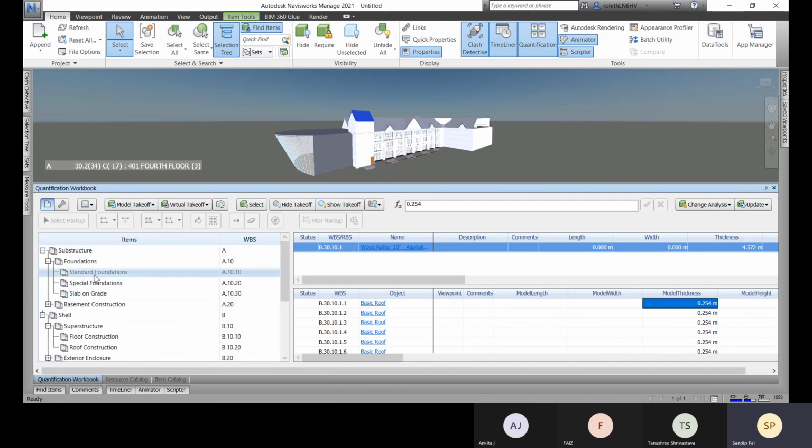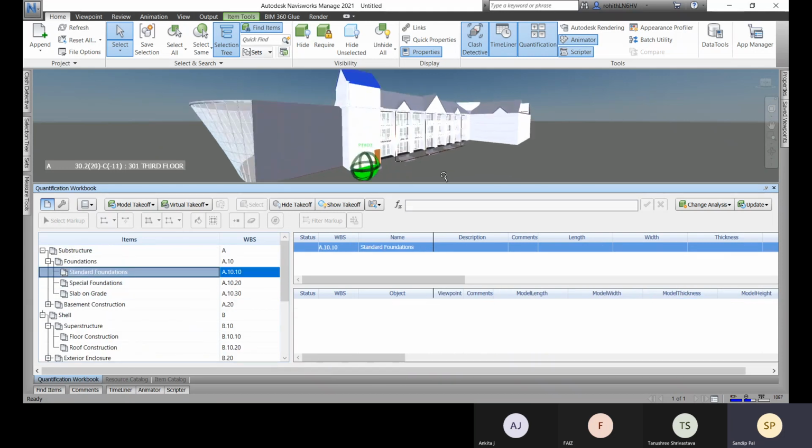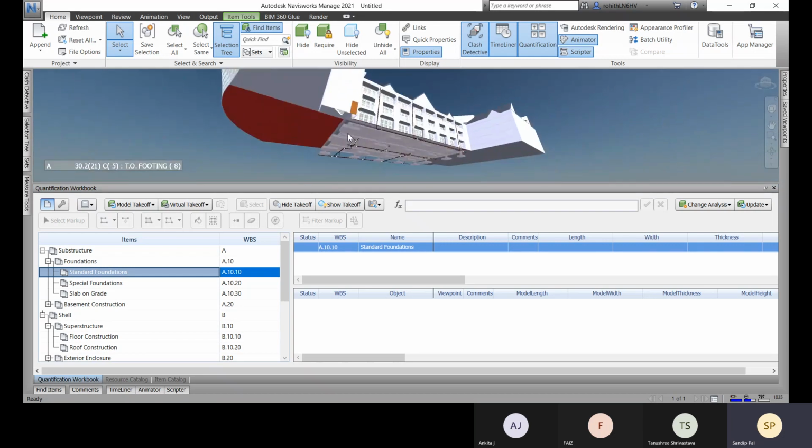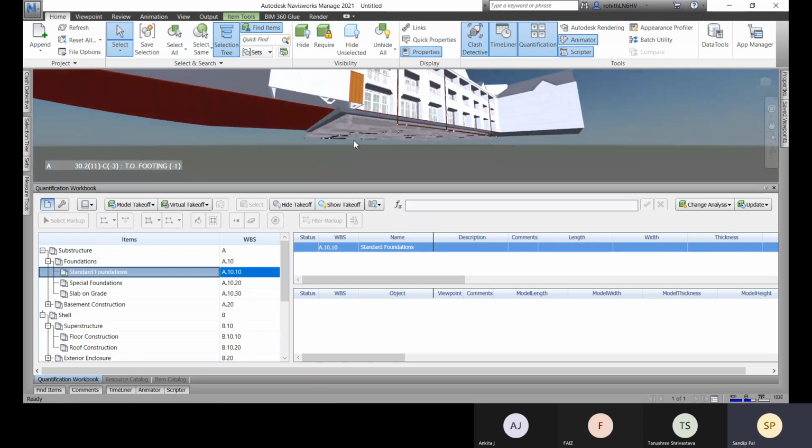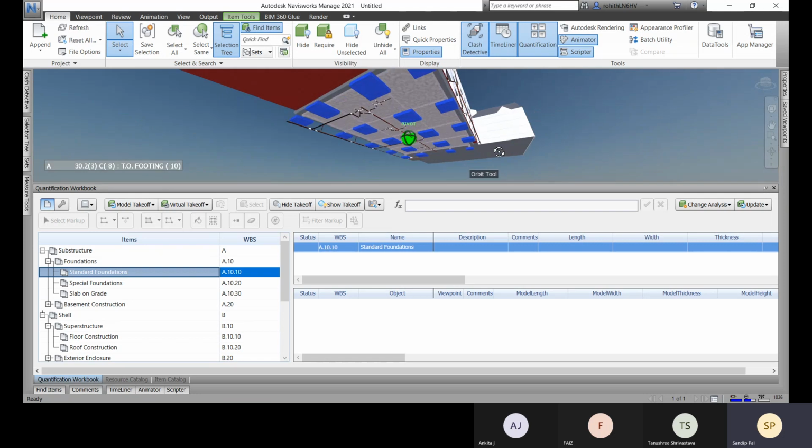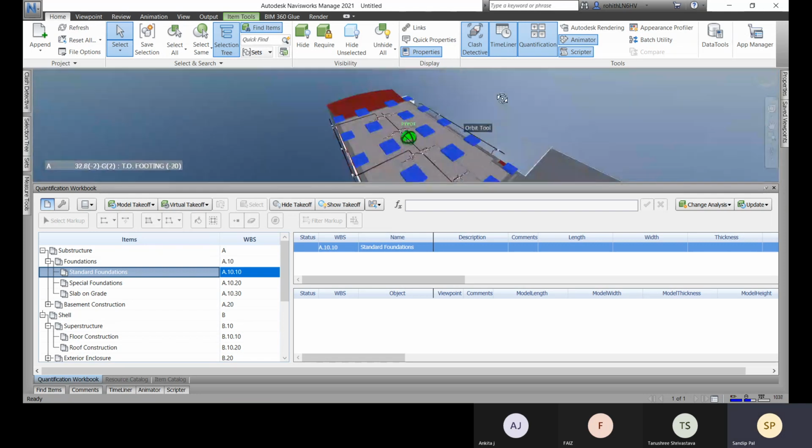Okay, same like that. Let me go with this standard foundation. All the footings you can do. Let me go with this example one. Go with this select same type. You select all this.